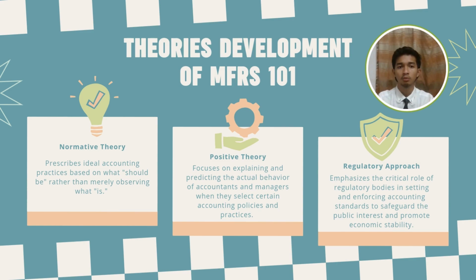Moving on to the theory development of MFRS 101. The first one is normative theory, which describes ideal accounting practices based on what should be rather than merely observing what is. It is concerned with setting a framework of principles and standards that define the most appropriate accounting methods to achieve desired outcomes. In the context of MFRS 101, normative theory plays a significant role in shaping the presentation standards